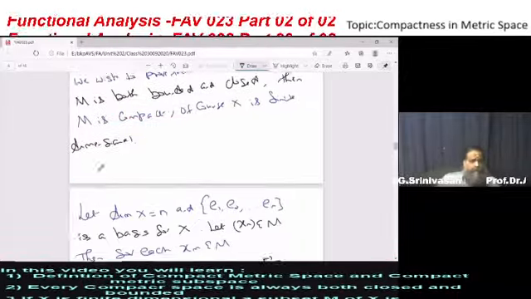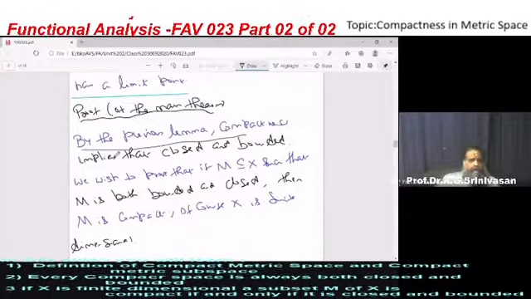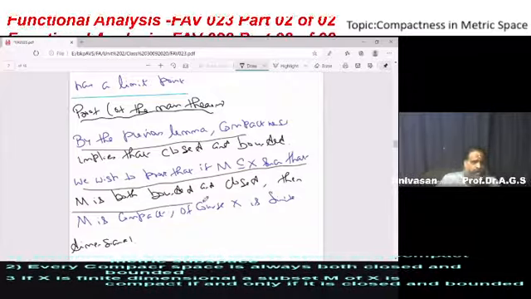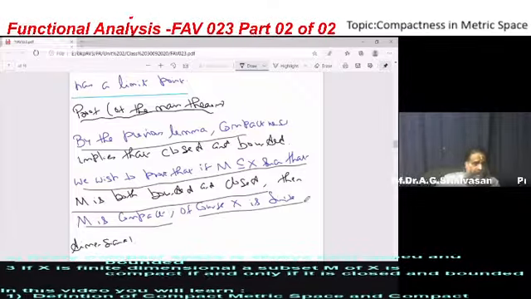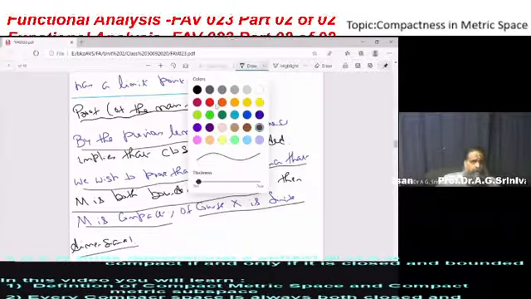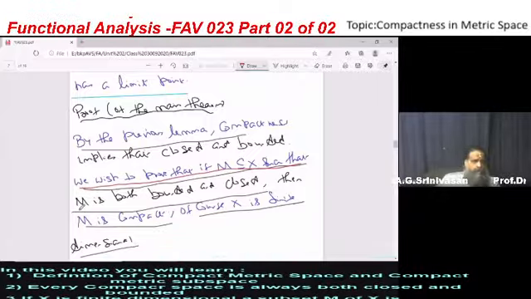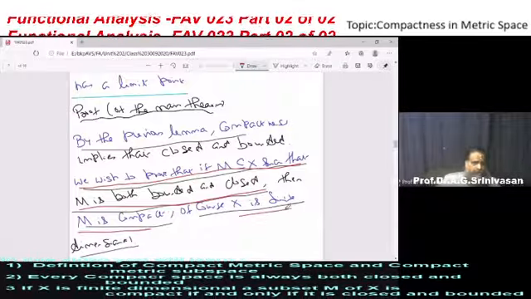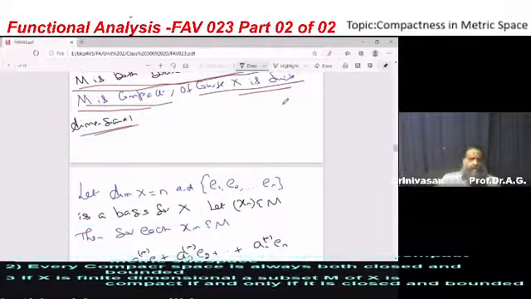So let's go to the main theorem. We wish to prove that, by the previous lemma, compactness implies closed and bounded. We wish to prove that if M is a subset of X such that M is both bounded and closed, then M is compact. Of course, we can prove this only if X is finite dimensional. I repeat, we wish to prove that a subset M which is both bounded and closed is compact if X is finite dimensional. This is what we are going to show in the next few lines. You see, the proof is very easy. Don't worry, we'll see how the proof works.